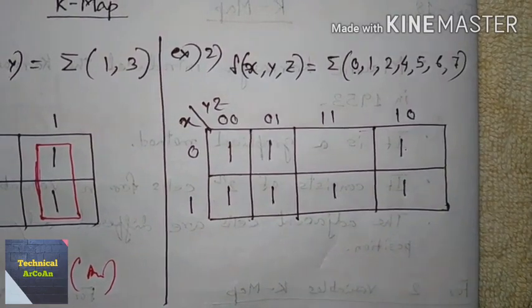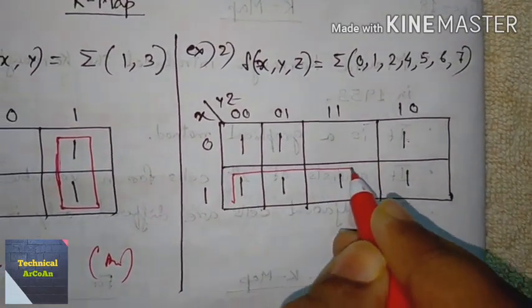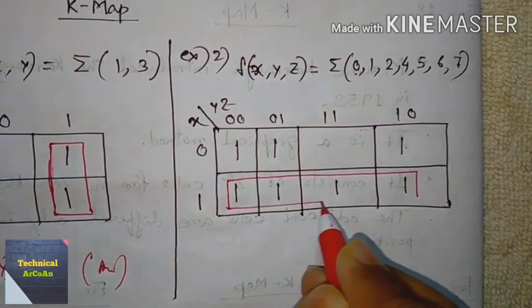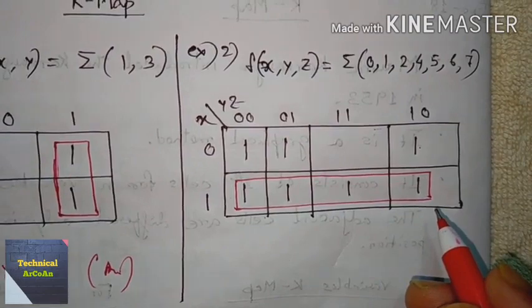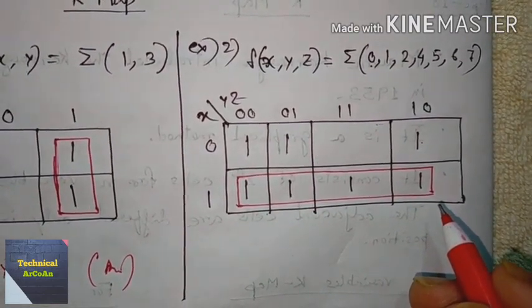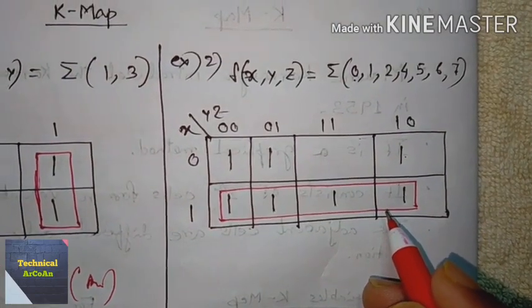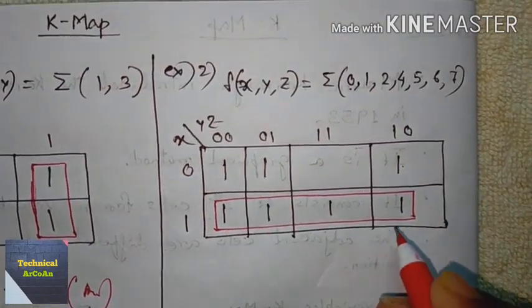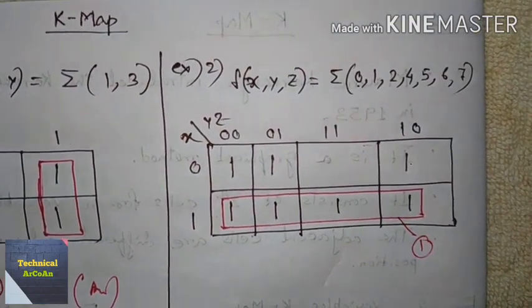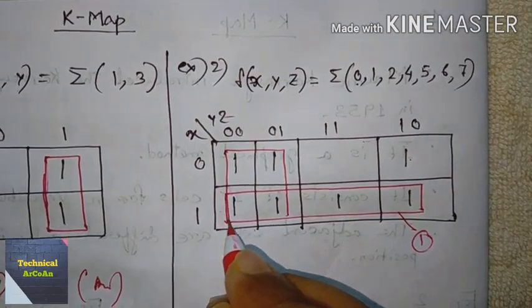At first, here the group considered is these 4, because the rule is that we form a group as large as possible, either in the form of an octet, a quad, or a pair. So they form a quad. Okay, and also there is another one, so this is one group. Next we take these 4 also.